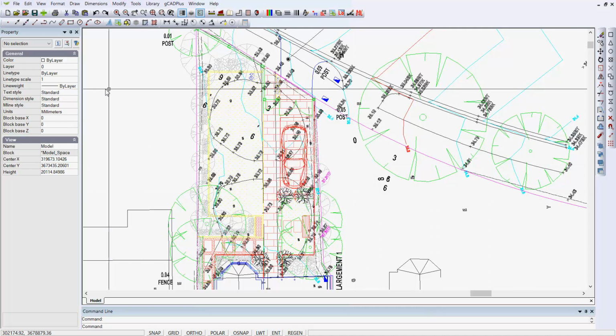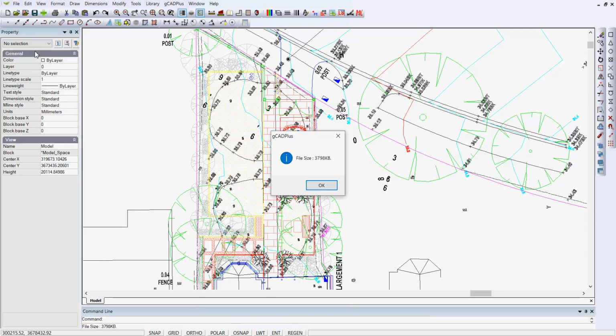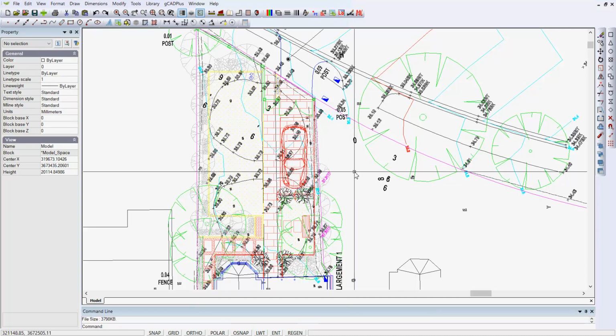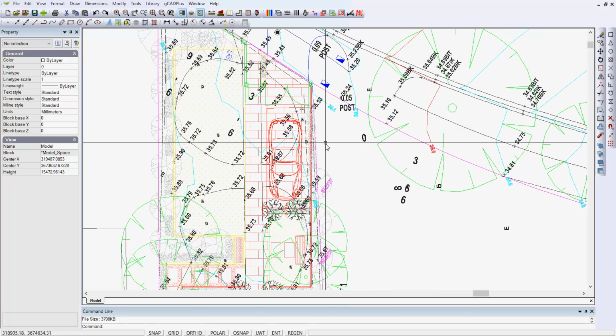Now I think I started with a file size of just over 4 megabytes. If we go to file and file size now, we're still a fairly large file, and I'd like to look at that in a little while. But can you see we now have a relatively clean drawing to start working with,